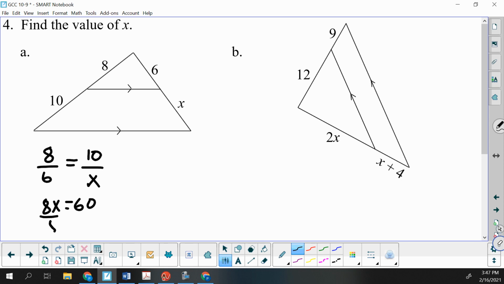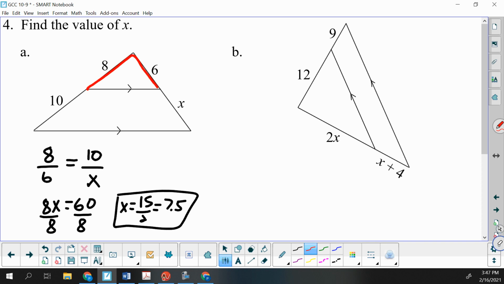And if you divide by 8, you could either have x is equal to 15 halves or 7.5. Now you could have done this as similar triangles also, and thought of this as that triangle versus the huge triangle. And I just want to show you that you'd get the same thing. We were able to do the side splitter because we had the parallel lines, but if you did similar triangles,